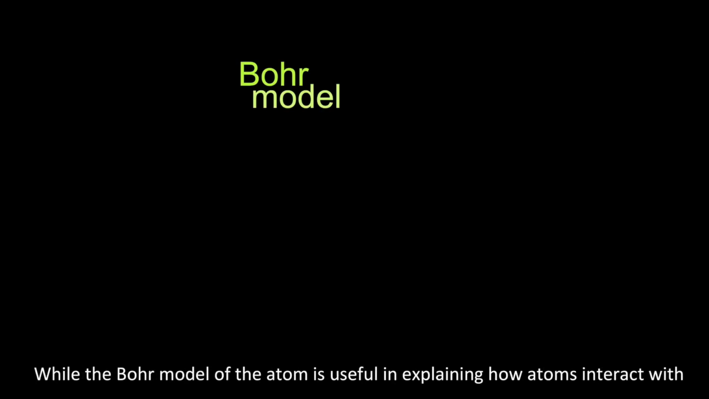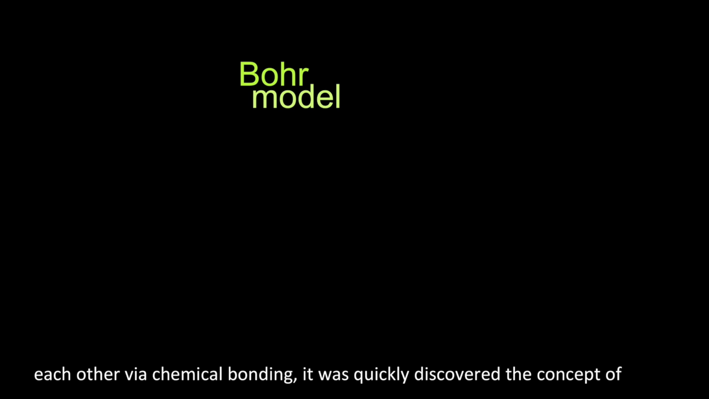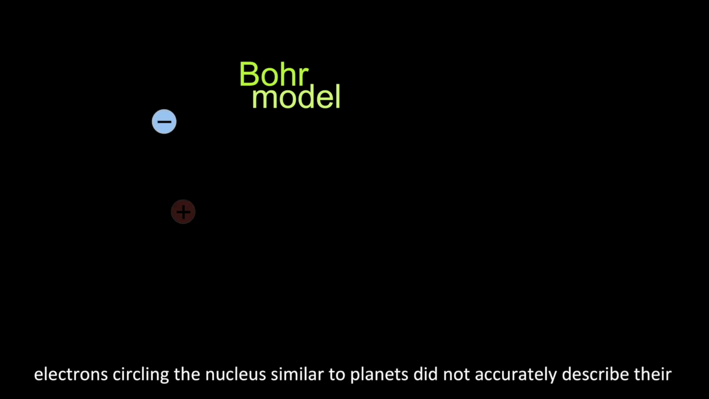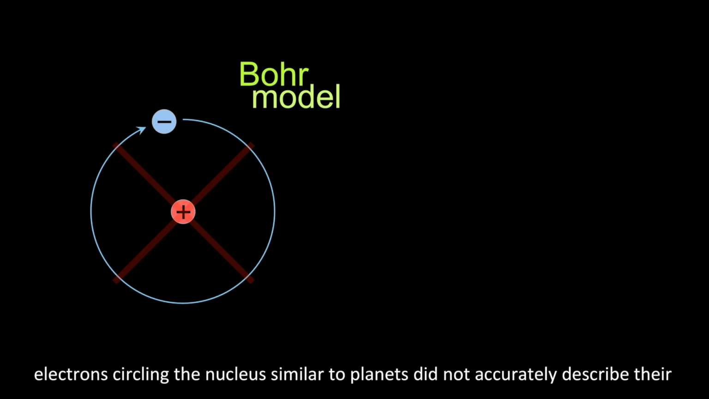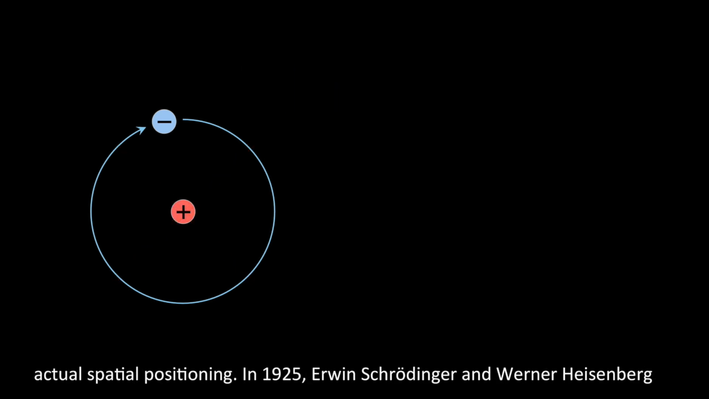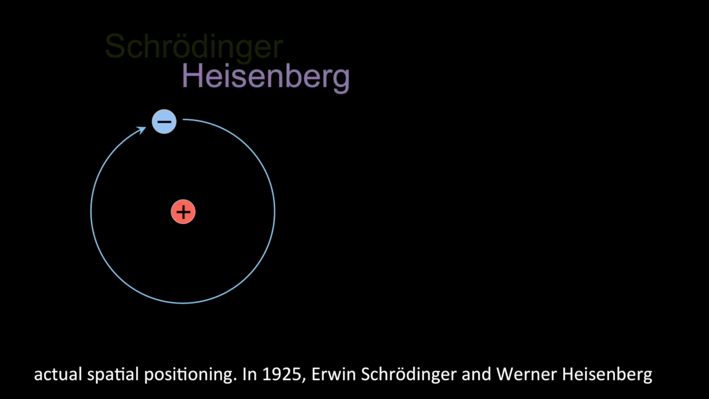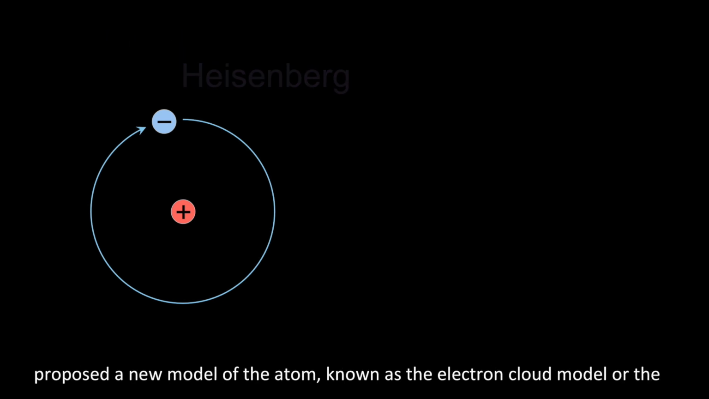While the Bohr model of the atom is useful in explaining how atoms interact with each other via chemical bonding, it was quickly discovered that the concept of electrons circling the nucleus similar to planets did not accurately describe their actual spatial positioning. In 1925, Erwin Schrödinger and Werner Heisenberg proposed a new model of the atom known as the